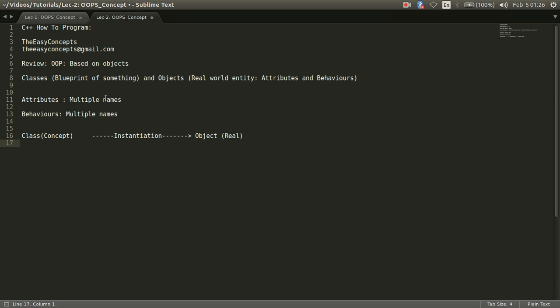So a class is a definition through which we can generate multiple objects.